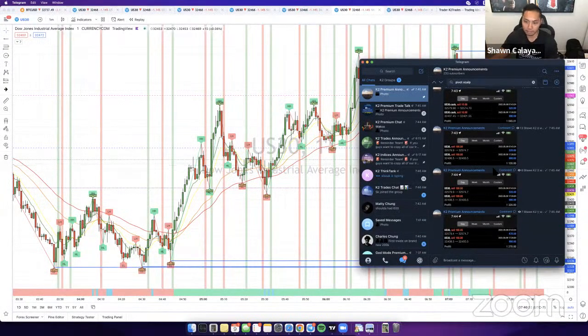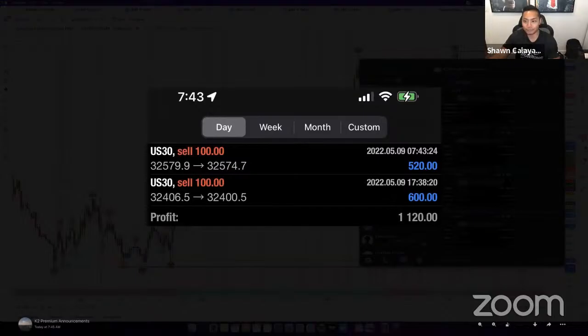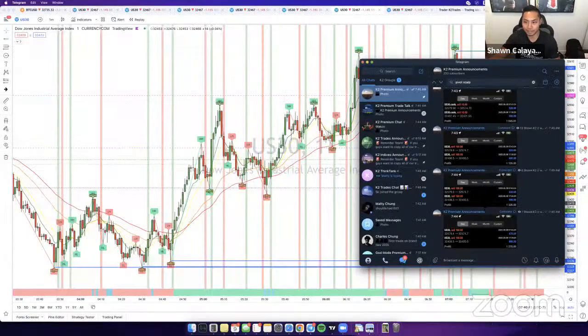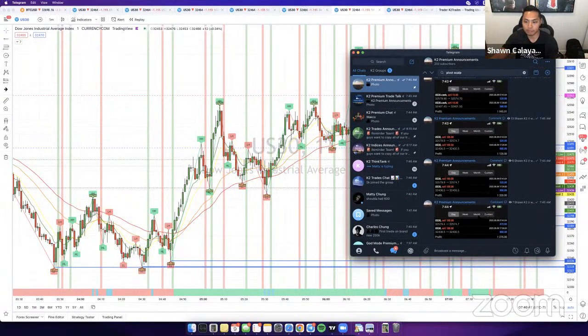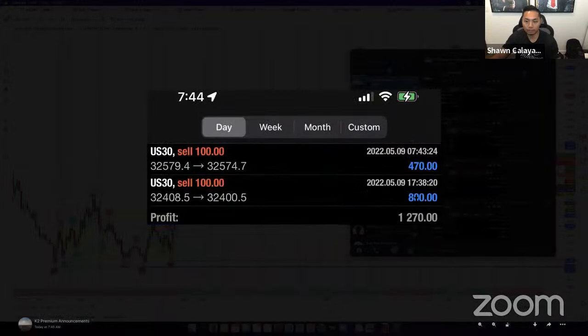And this is how you guys can see that these are three different accounts, right? A lot of people keep asking me if these are the same accounts, but they're not. You can see the profits here are different. They're three different MFF accounts. There's slippage that happens sometimes. A lot of the times they're fine, but slippage happens. There's no denying it. It happens. So my third account over here, I made 800 off this as well, but my profit is 1,270.